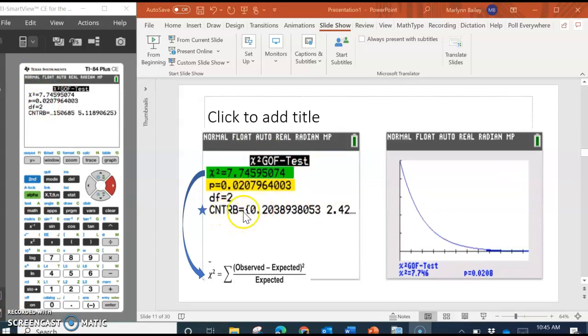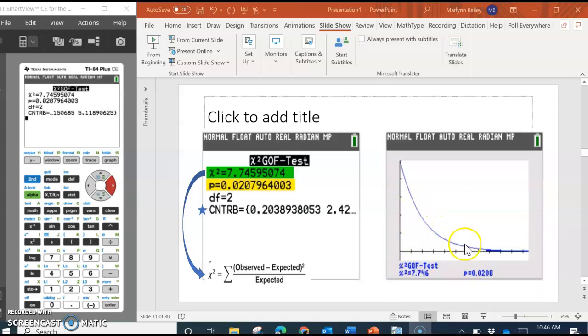And once again, I described what those contributors are. This is the formula we would use if we had to calculate the chi-squared test statistic by hand. That is on the formula sheet, but once again, you can use the calculator to find it. So why do it by hand? The second image here is if you chose draw, this is what you would see. So it just gives you that test statistic and the p-value, just like when we did draw for Z and